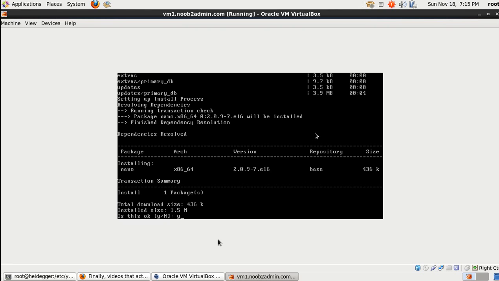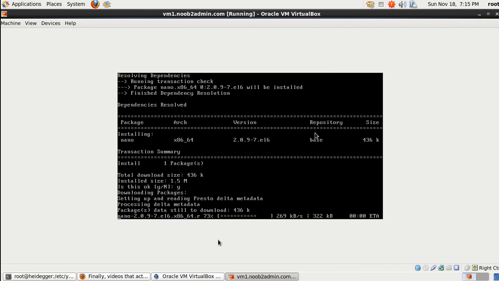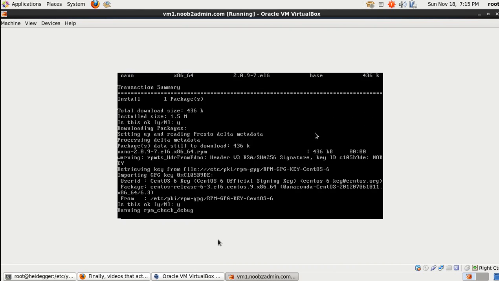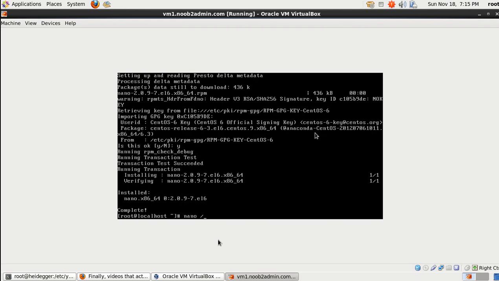Or you don't have to do this. If you're comfortable with VI, you can use VI. Hit yes and hit yes. Otherwise, you know. Okay, so nano